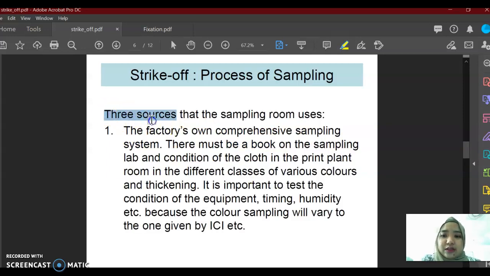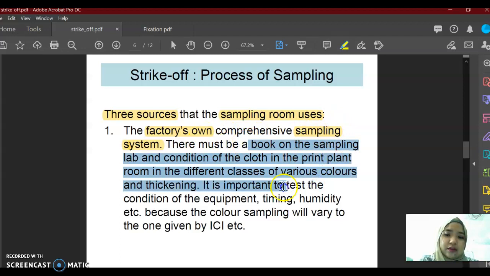Okay, the 3 resources that the sampling room use. Okay, selalunya factory lah, dia akan ada sendiri punya sampling system. They have a color chemist on standby. Dia akan ada satu buku besar, buku tu memang tebal. Okay, yang buku tu memang tebal, dia macam tebal kamus tu, yang dia mengandungi all the condition of fabric tu,